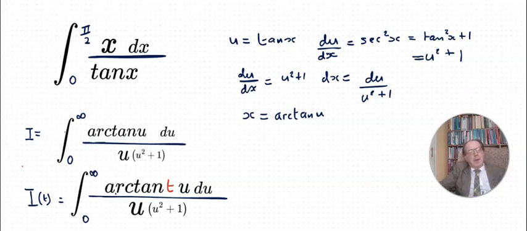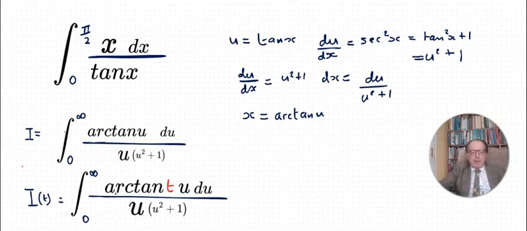And so today we are going to exploit the Feynman integral trick in order to obtain the value of the integral between 0 and pi by 2 of x upon tan x. And so I've written the integral at the top left hand corner there, and on the right hand side I'm